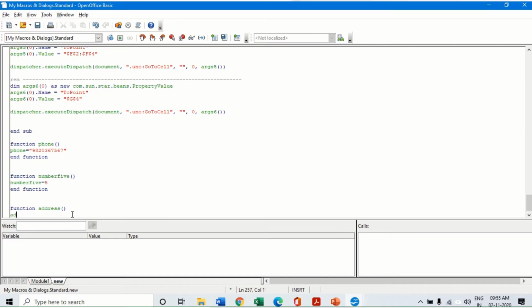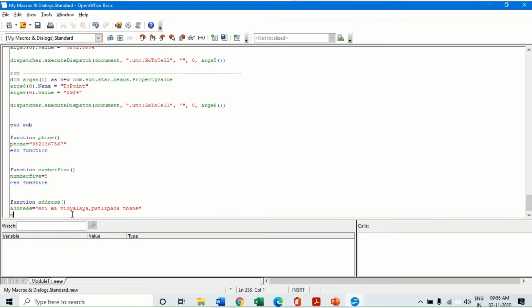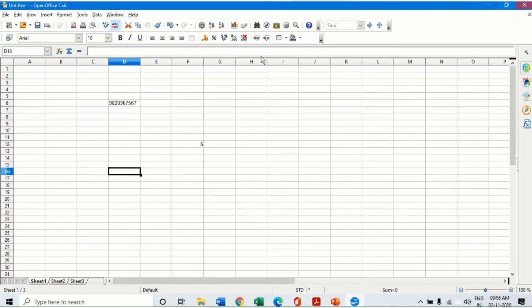Now address is equal to, and in quotes I can write Vidyalaya, Patlipada, Thane. So this is the address. So I'm going to write End Function. Now I will save it. Again, close this, and if I will just call that function called address,